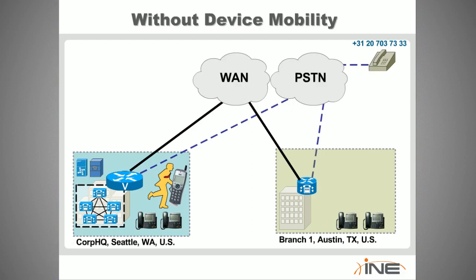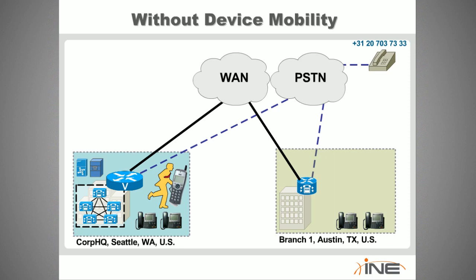So let's begin and take a look at what the situation looks like if we want to pick up our phone and move to a different site without device mobility. Here we've got an example of a guy holding a 7921 wireless phone, 802.11 BGN, whatever, wireless phone. And in the module we're going to use today, we'll be physically moving our 7961 hardware phone,